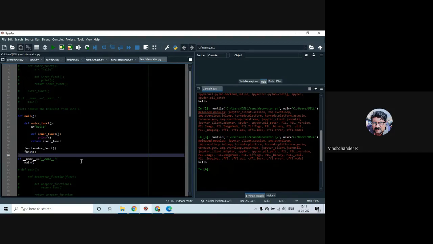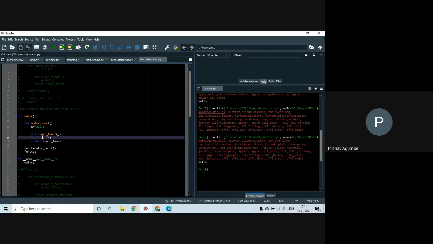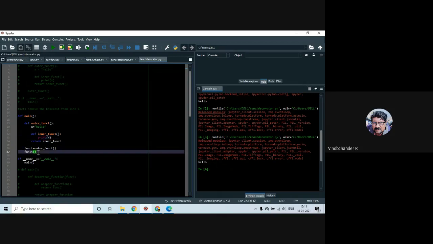From where is that hello getting printed when you call func? Can you just say? It's getting printed from print x. This is x, and we are printing the variable in line 23. Yeah, so the function itself is not called. Which function, sir? Do you mean to say function func is called line number 27?